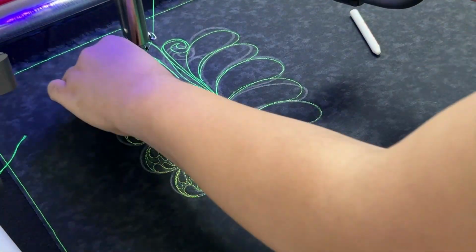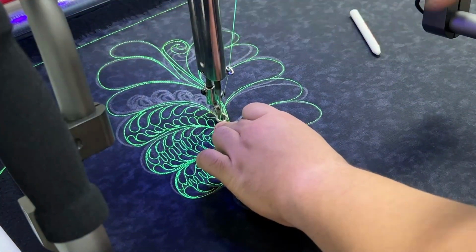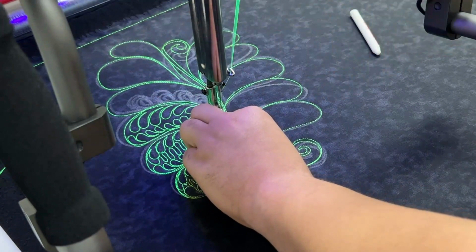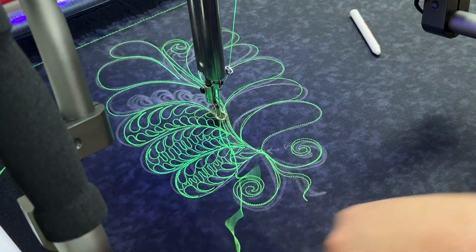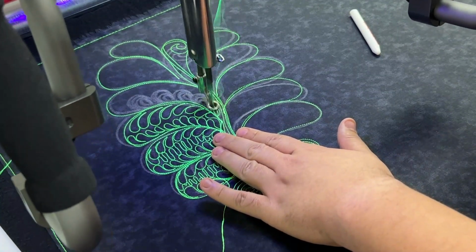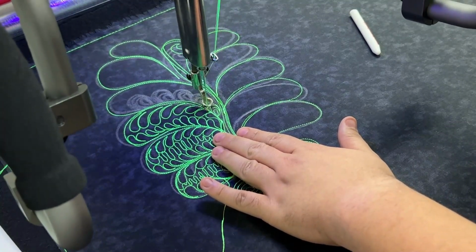So I'm going to come over here. Start down here, pull up my thread again. I did a little bit of a no-no, but that's okay. We won't tell anybody. Didn't trim my threads, but we'll be fine. Okay, so we're going to start the tiny little teardrop, 2, 3, 4, tiny teardrop,